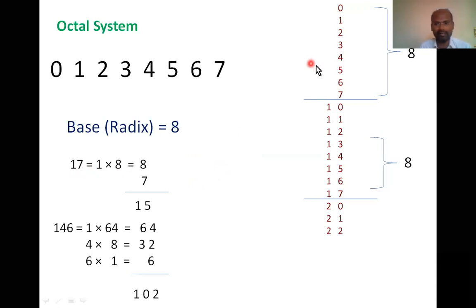Now how to calculate it? What this 17 tells us, is this 17 in decimal or octal? Octal, is it right? Are you following? Now this 1 means what? We have used all the symbols in octal system one time. How many symbols are there in octal system? 8 symbols. So we have used all the symbols one time. 1 into 8, that is 8. And currently you are on which symbol? 7. So 8 plus 7 is 15. Yes or no? So if you use decimal system to count the number of apples, the answer is 15. Is it right?